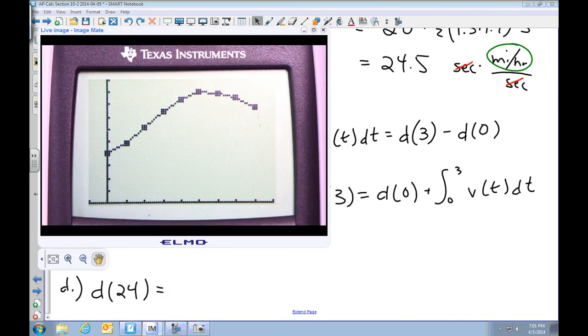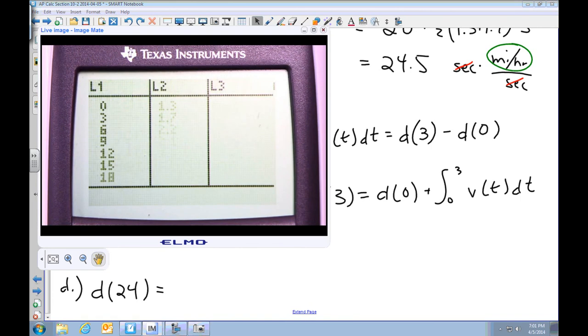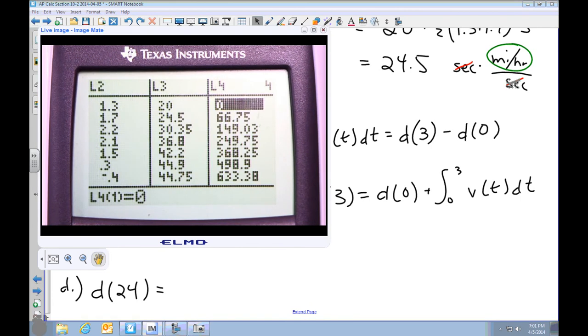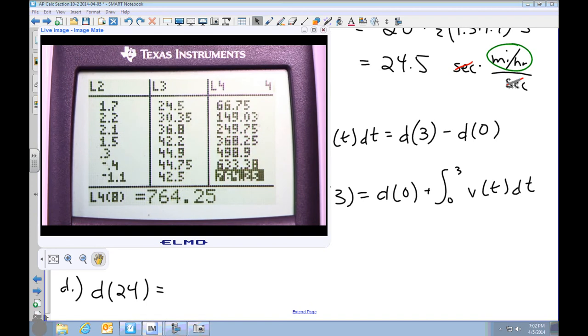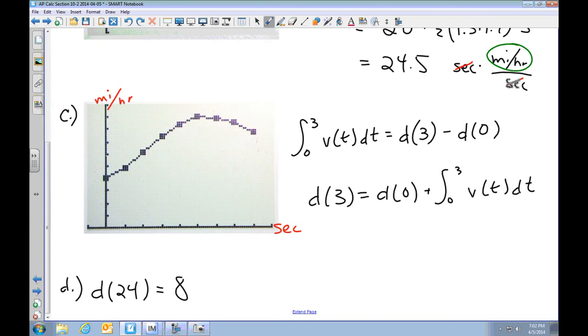So if we go over to list 4. Initially our displacement is 0. Now again, if it's not 0, then you can just add some constant to each of these values in this list. But otherwise, at 3 seconds, it's 66.75 and so forth. All the way up to 24 seconds, it's 886.125. I'm going to go ahead and write that down, but I'm going to put the units here along with it,